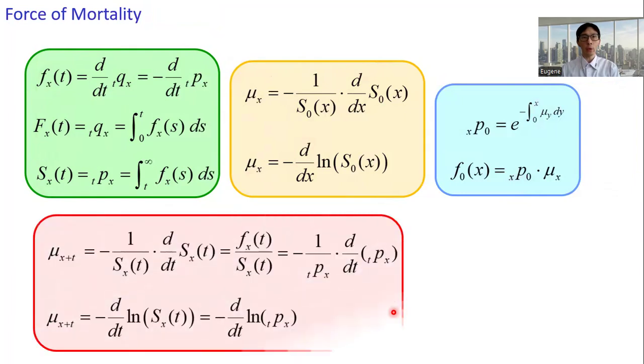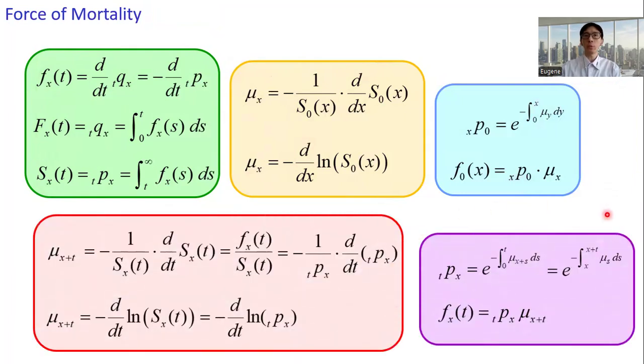All right, so we have all the formulas, all the relationships regarding the force of mortality. And then you can see that some are repeated. Okay, these two. The top one is a special case relating the force of mortality to the survival function of a newborn. And here we have the general case. And then similarly for the expression on the right-hand side, these two are very similar. The top one is the relationship for a newborn. So we don't need these two. We only need the top left and then the bottom two.